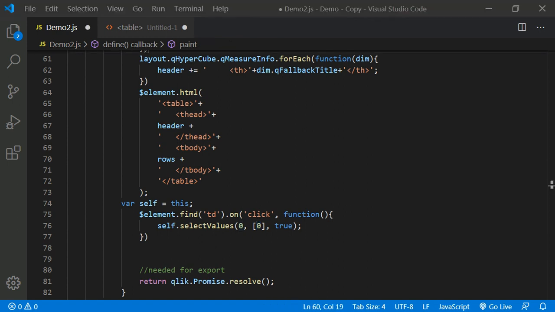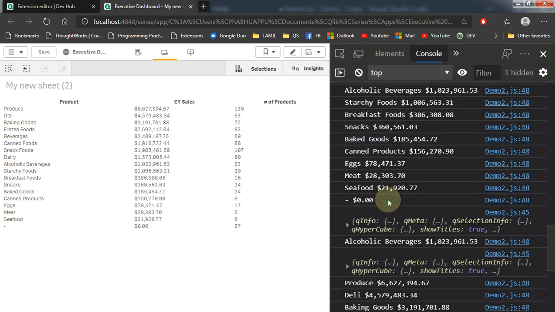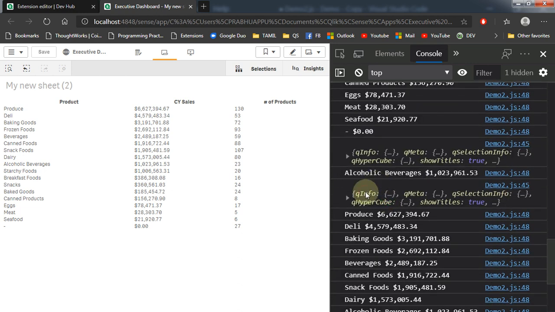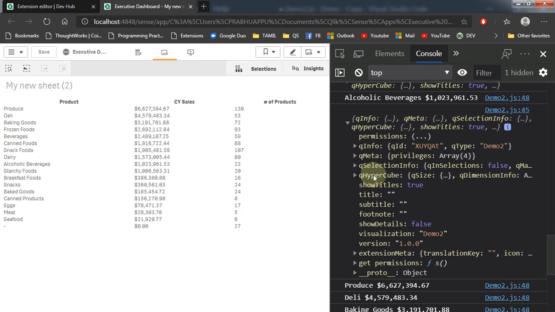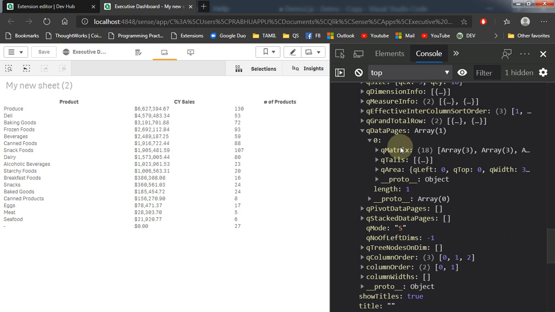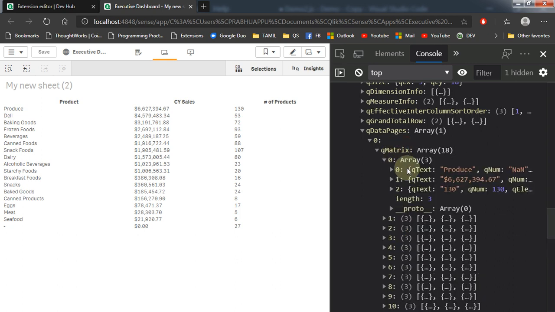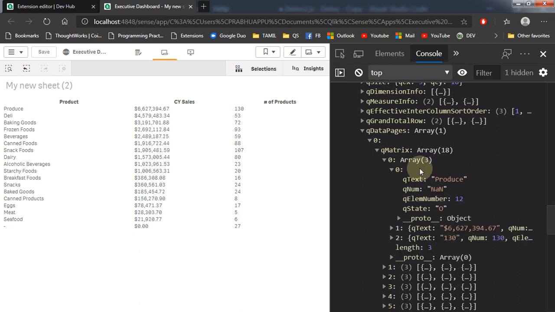So how to get this element number? For that, let's look at the console log we have added here. If you look at here in Hypercube, data pages, matrix, Q matrix, and here. If you look at the first element, which is the dimension element, if you expand it, we have